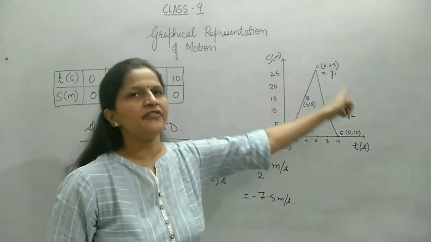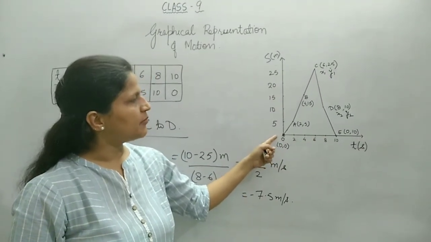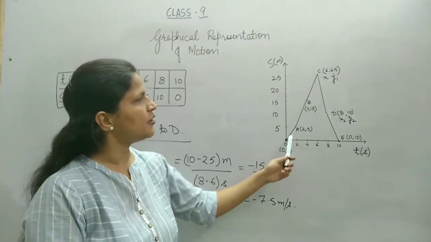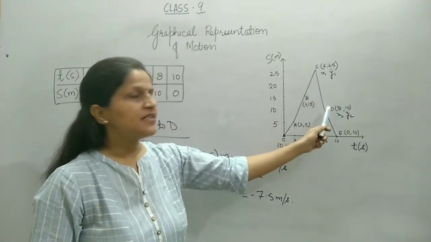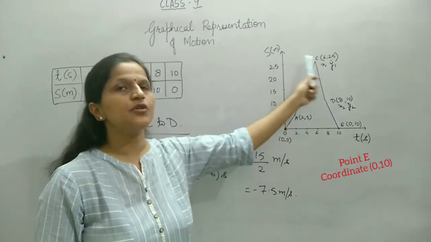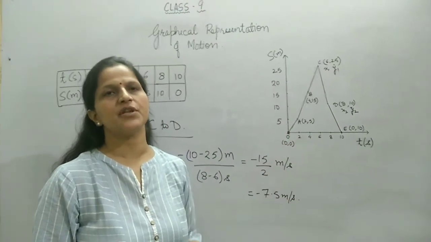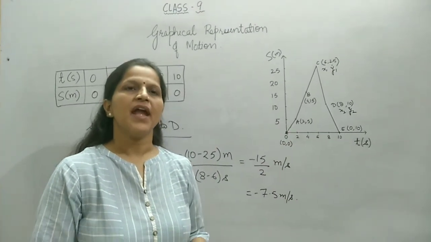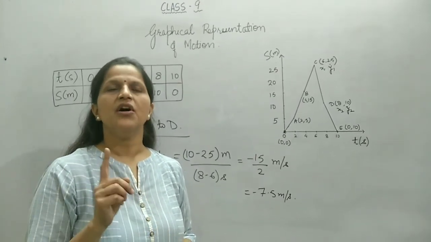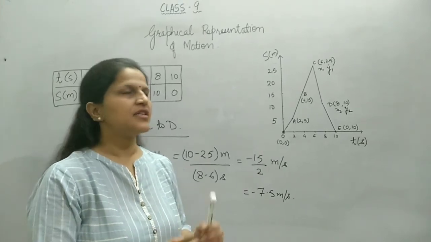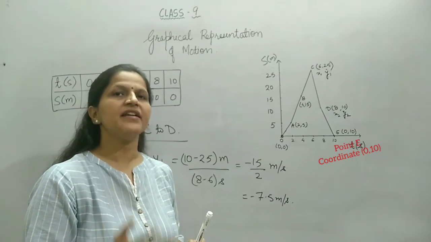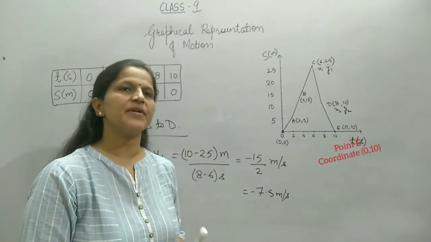Overall, if we look at the graph, at all the points from O to A, it is showing some different slope. Between A to C, the slope is constant. C to D, some other slope. D to E, again the slope is different. So if different slopes are there in the same graph, it means that it is representing different velocities. And if the velocity changes, then the motion is known as non-uniform motion or accelerated motion. So this is the way how you can interpret a graph and determine what type of motion is represented in the graph.